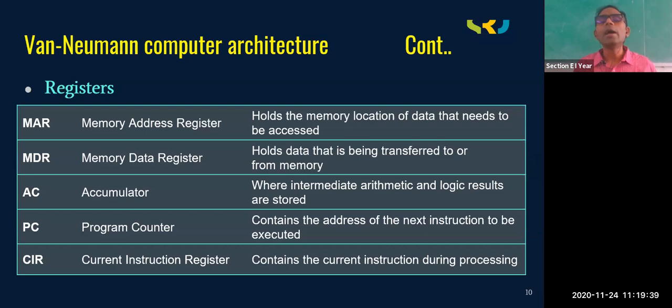For example, I want to store 5 plus 6. Before storing 5 plus 6, I have to calculate what is 5 plus 6. Okay, I will get 11. That 11 must be stored somewhere temporarily. Inside our brain also, you are going to store temporarily. Now that temporary location is called the accumulator, where intermediate results are stored.